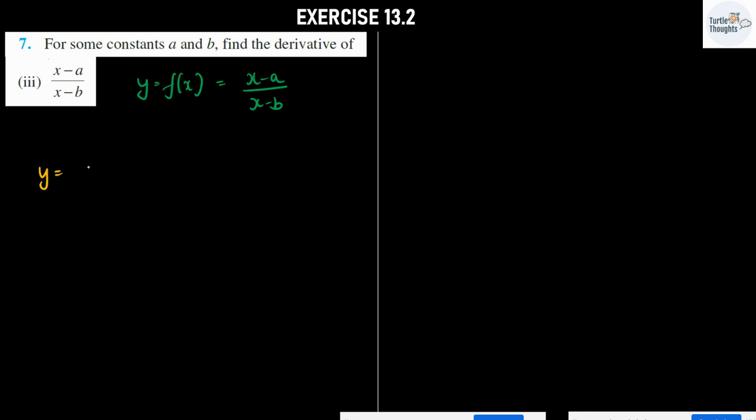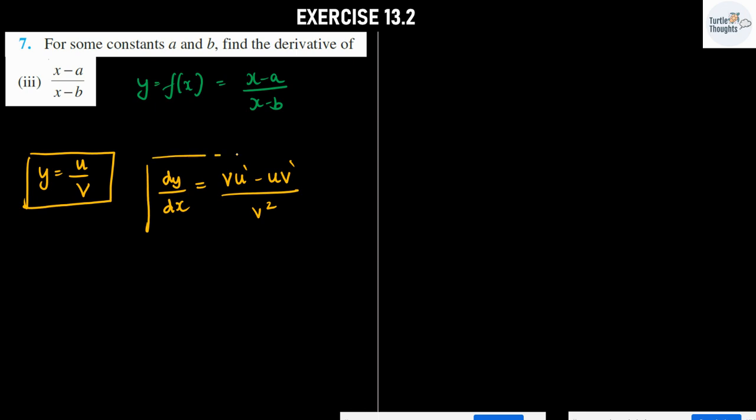y is equal to u divided by v. If y is two functions divided by each other, then dy by dx is given by the quotient formula, which says (v multiplied by u dash minus u multiplied by v dash) divided by v square. This is the formula for the quotient rule. Right? Now, substituting the same, let me take y equal to (x minus a) divided by (x minus b),